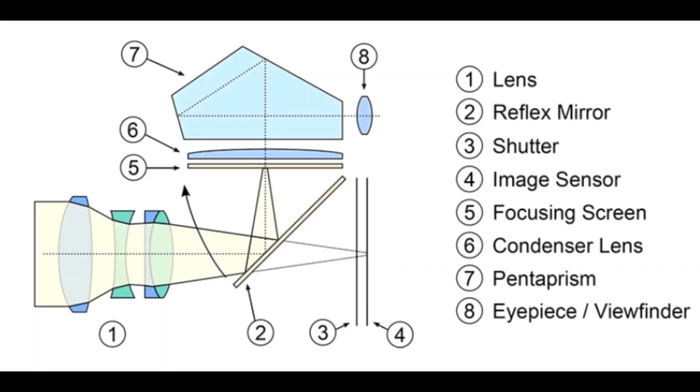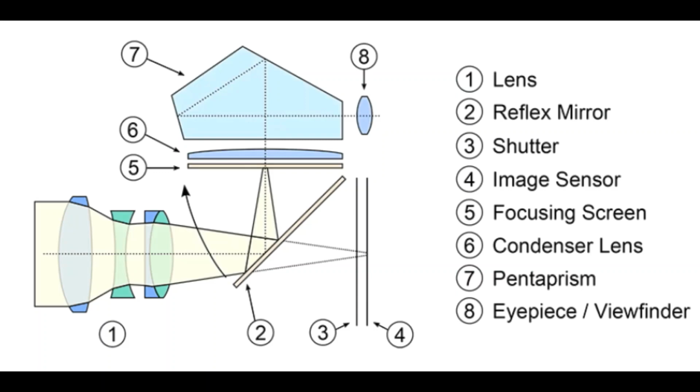To correct this, we use the pentaprism, where a phenomenon called total internal reflection takes place, and the vertical image is converted back into horizontal, and that is what you view through the eyepiece. Nowadays you also get an electronic viewfinder with your DSLR camera, but we will talk about that later when we discuss mirrorless cameras, because it will be easier to understand there. Now let's move to the next part and see how the image is actually captured.